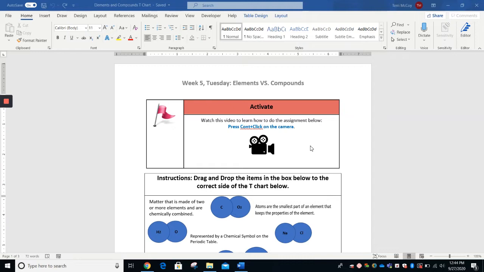Whenever you open this assignment, I hope you noticed that there were two other attachments. One was the Elements note page, that graphic organizer that we did last week, and the other one was the Compounds note page that we did last week. If you don't have your copy, which you should, feel free to use those to finish